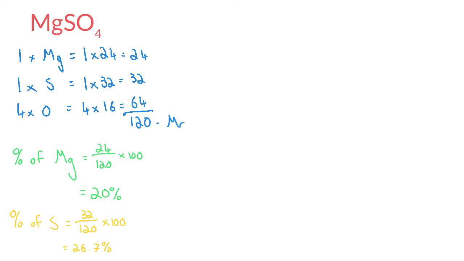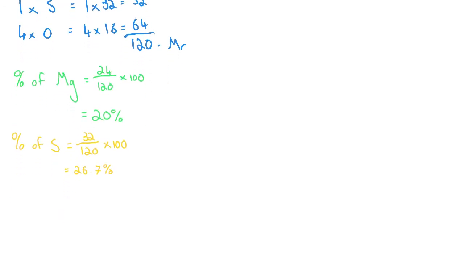And lastly, for my oxygen, the mass of the element for oxygen is 4 oxygens. So I don't just do 16 divided by 120, I have to do the mass of all of the oxygens. So it's still the 4 times 16, which is 64, my mass of oxygen in the compound. Because I have 4 oxygens, I have to do 4 times the mass of 1 oxygen. So my percentage of oxygen is 64, that's my 4 times 16, divided by 120, multiplied by 100, which then will equal